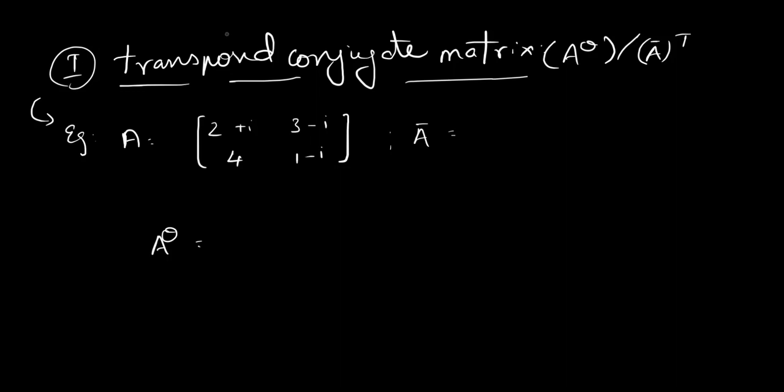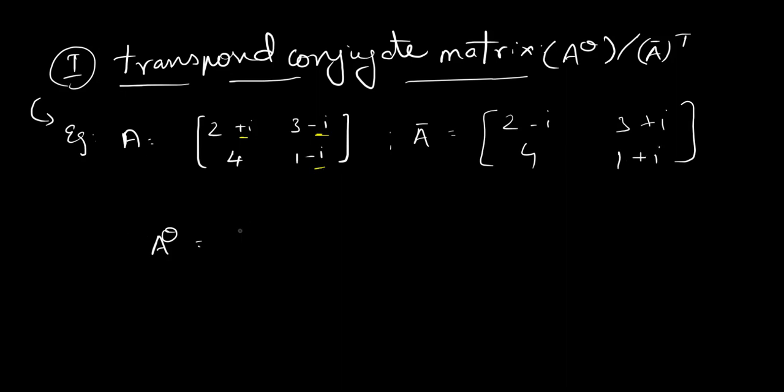As the name indicates, we already learned about the transpose, and we also learned about the conjugate. Conjugate is simple: we change the symbol before the i, right? What is the transpose? We interchange the rows with columns. So it's really simple. Let's go ahead. First we need to do the conjugate, so we'll write the A conjugate here. The minus i, 3 minus is going to change to plus i, and 4, and the minus is going to change into plus.